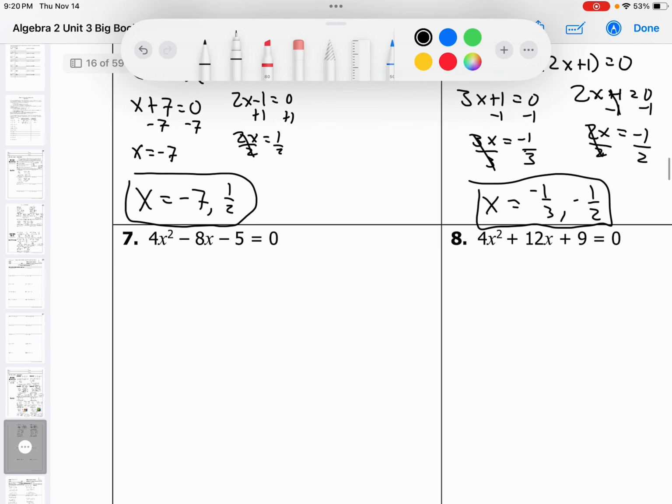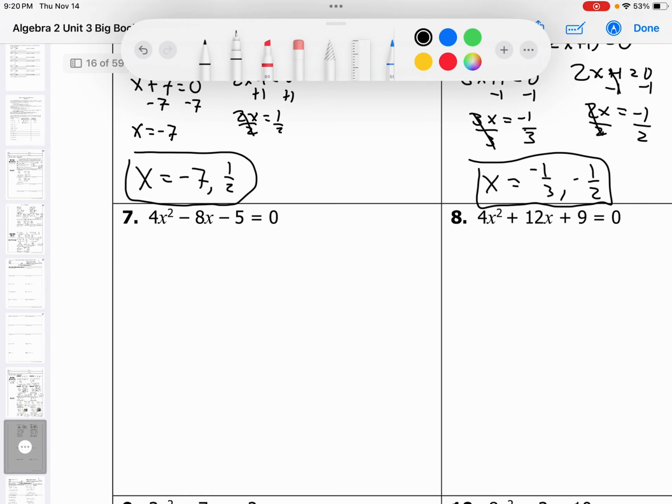Okay. On number 7, we still don't have a greatest common factor that we can take out. And so we're going to do 4 times negative 5 to get negative 20. And negative 8 would go on the bottom. So we're looking for numbers that would multiply to negative 20 and add to negative 8. Those are going to be negative 10 and 2. And then because we have a number in front of the x squared, we do need to do the box as well,